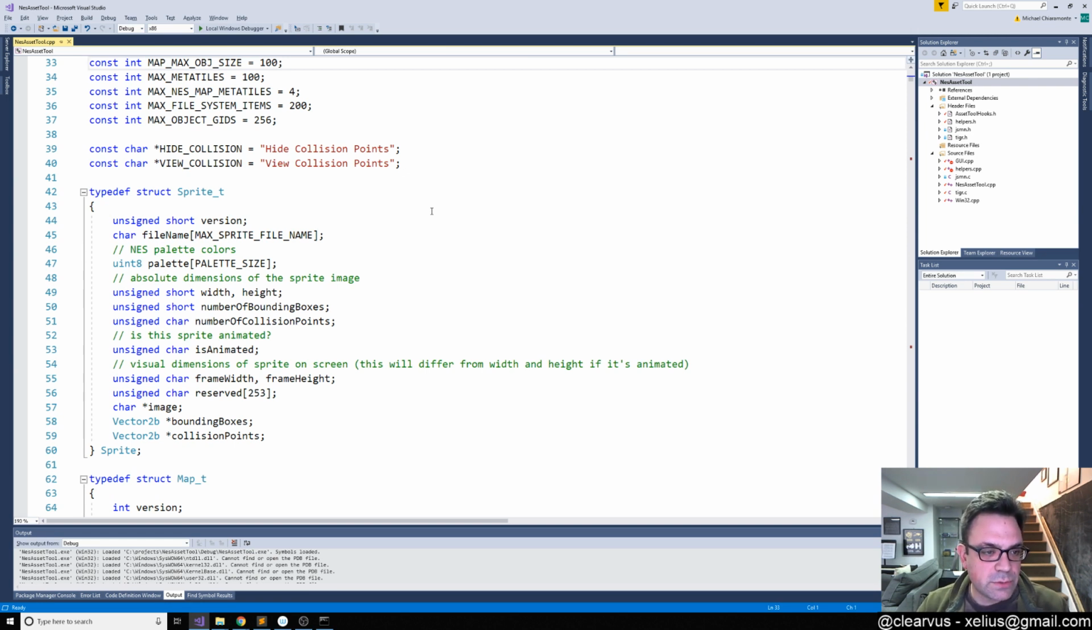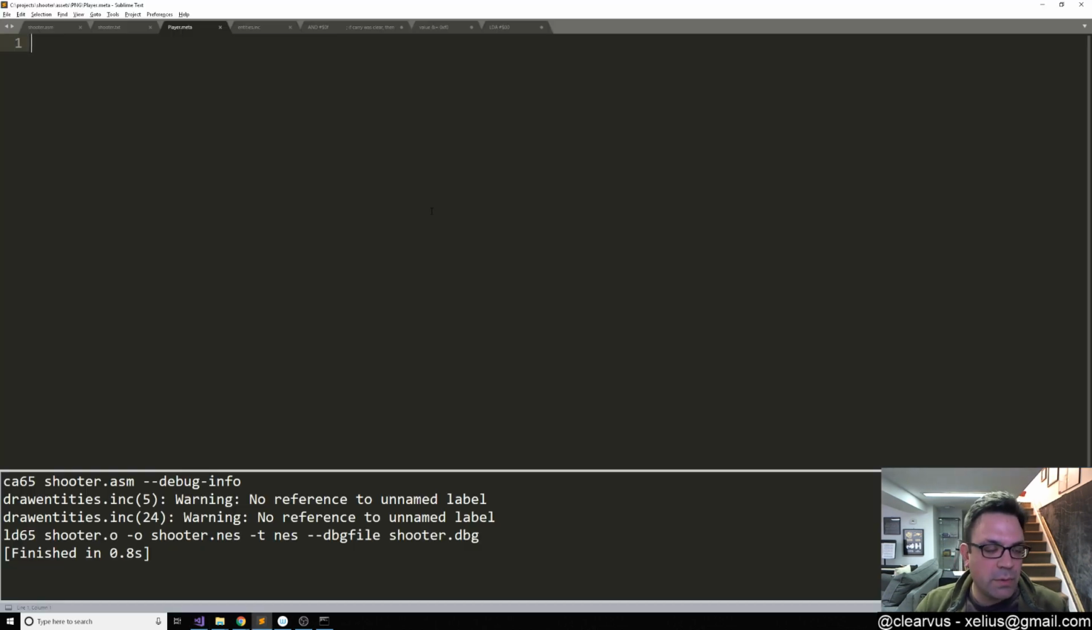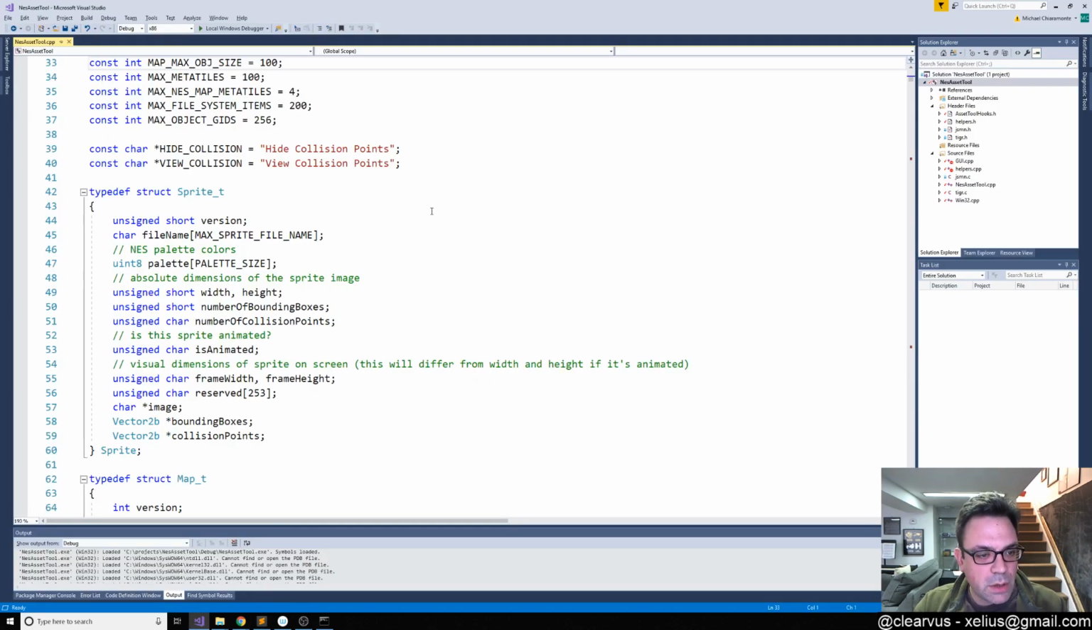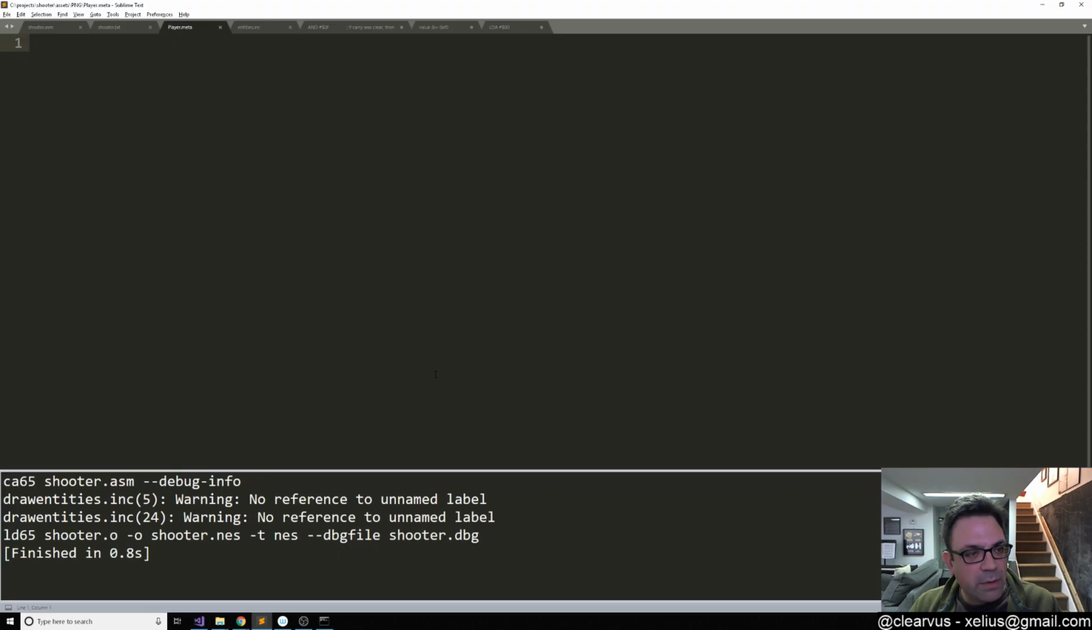I don't care about the version or the file name or the palette, but we would want to do, well, the width and the height. The width and the height we would want to be able to set, because the width and the height are potentially different than the, oh no, because we have frame width and height, never mind. So the width and the height we don't care about, because that's set from the actual image. The number of bounding boxes we do care about, so just trying to think what's the easiest way to,